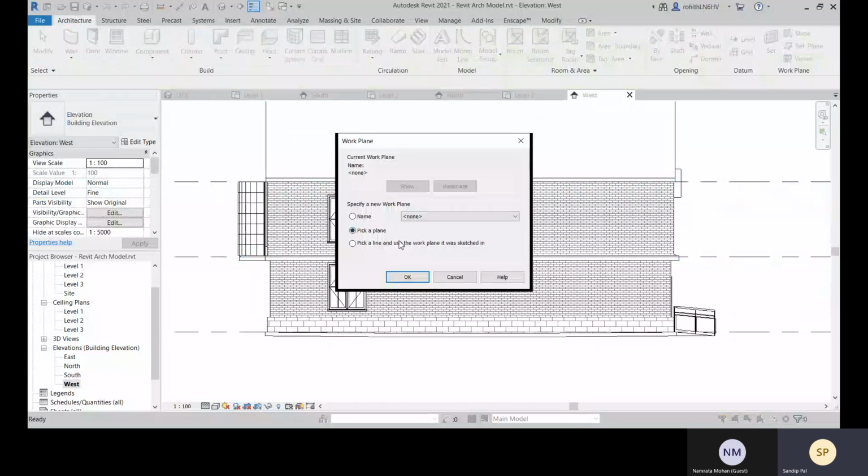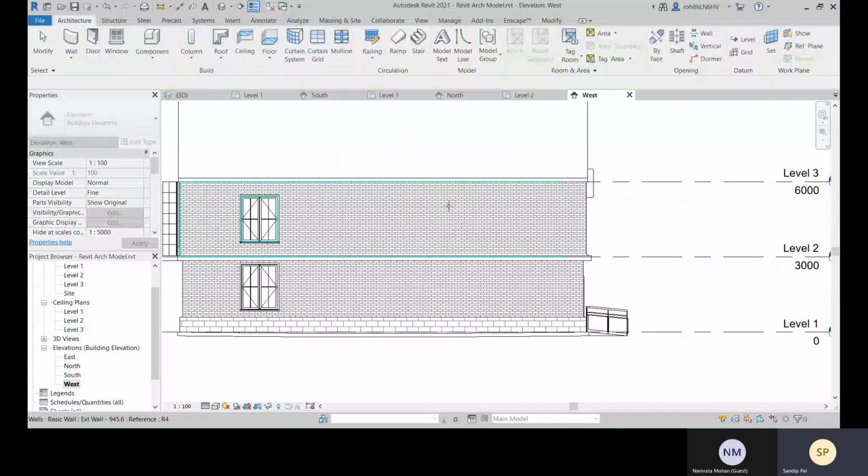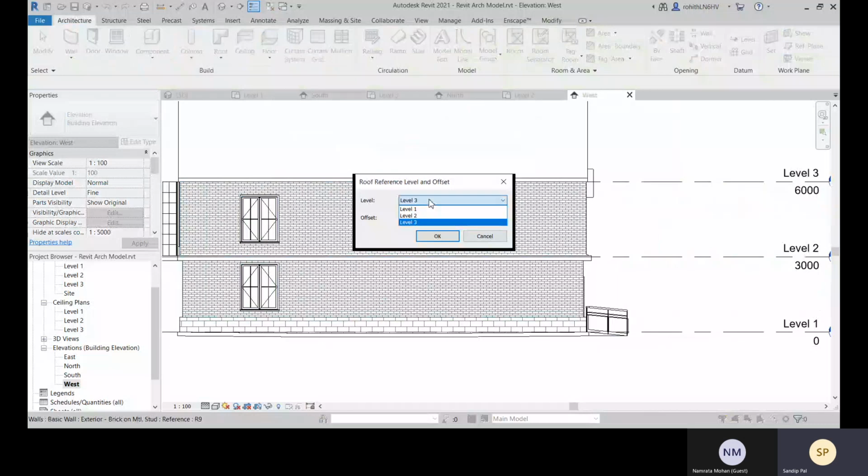Roof by extrusion. Pick a plane, and this is the level 2.